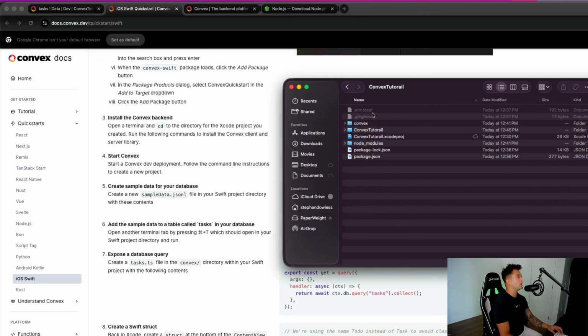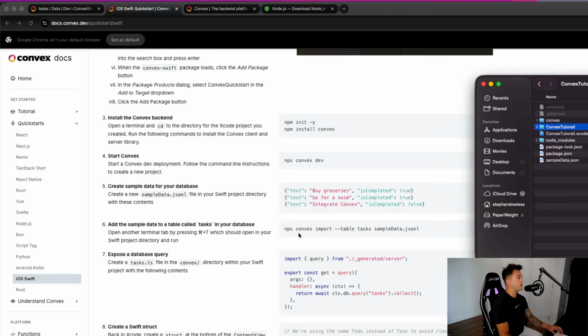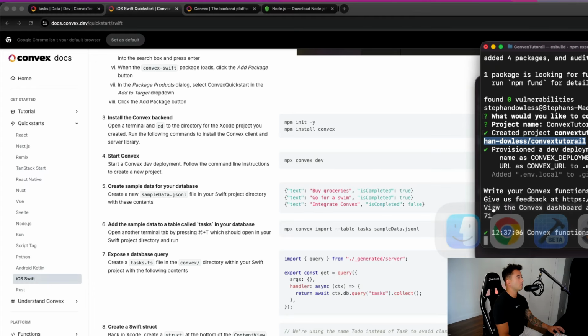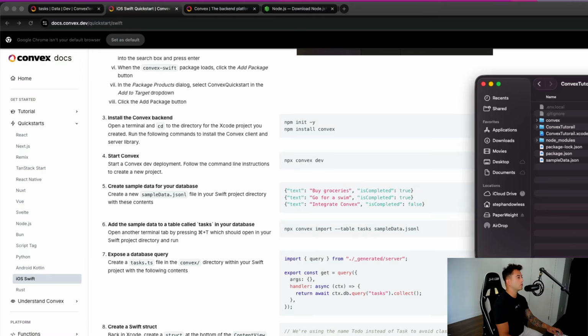So go ahead and get into your Convex tutorial folder, find the sample JSON file, and just drag it out into the main folder directory. We don't want it to be within there, because we need to ultimately be able to find that file when we run this command. So just extract that one layer out, and we are going to go back to our terminal and run this command here. So copy that, get terminal up,